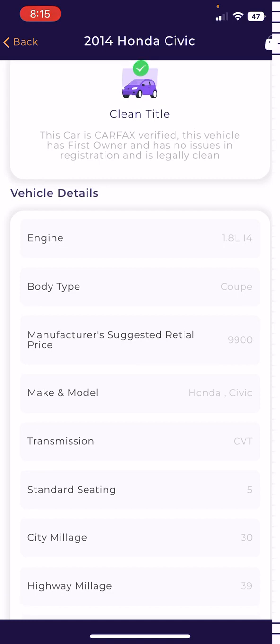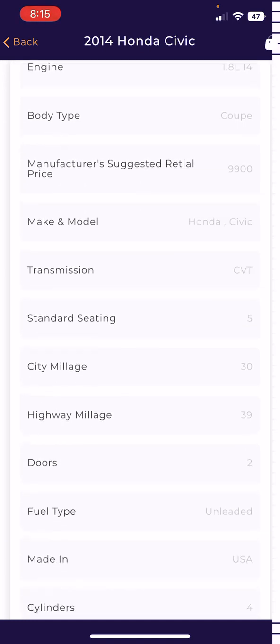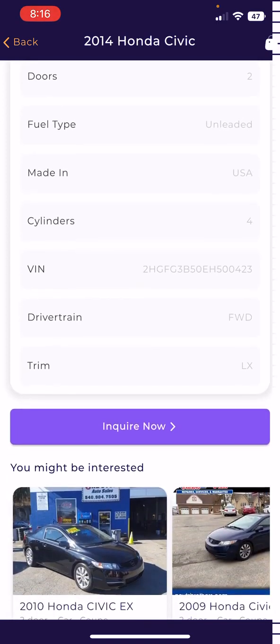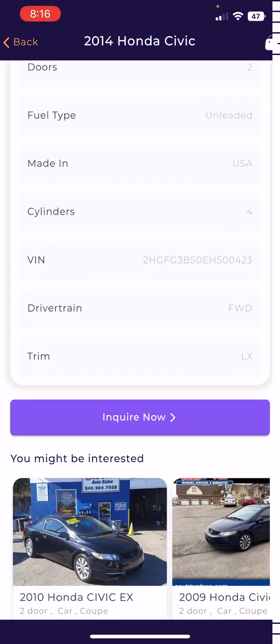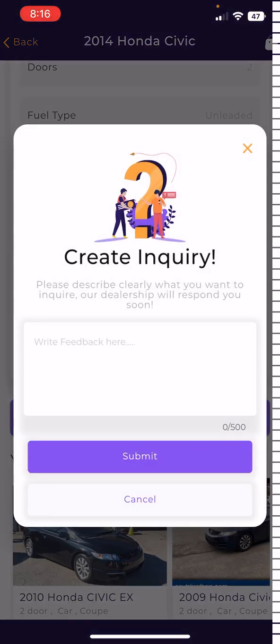Then we have the vehicle detail section: engine, body type, make, model, transmission, all the information that we can provide to our users, we are displaying it over here. And at the very bottom, I have the inquire button. So once I click this inquire button, this pop-up comes up and I can send an inquiry to my, you can say, sales manager. So as soon as I type something up,